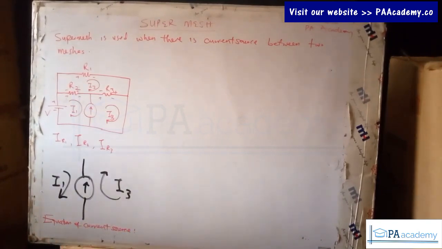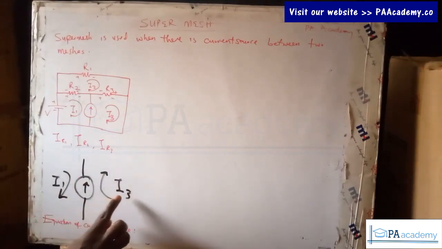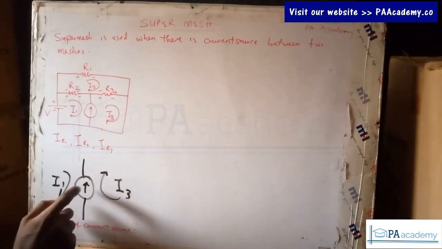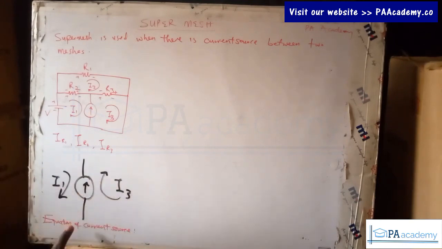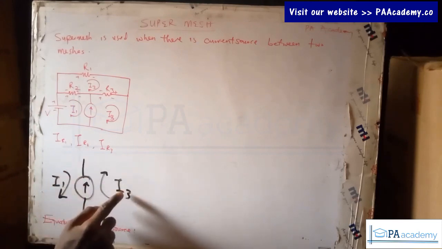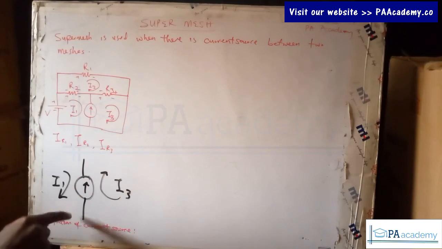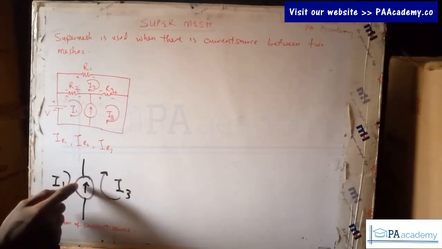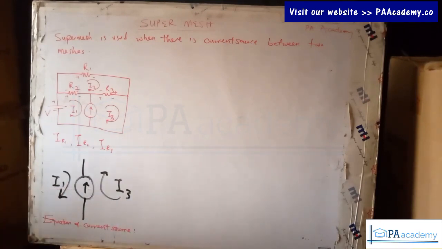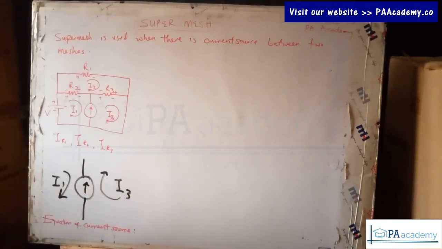So the equation of current source is, now if you look at this diagram closely, you see that I3 is in direction with the current source itself. The current source is going upward, and the one going upward is I3, compared to I1, also in clockwise direction, but it is coming downward when you are looking at it with the current source. So whichever one is in the same direction with the current source will come first. So that will give us